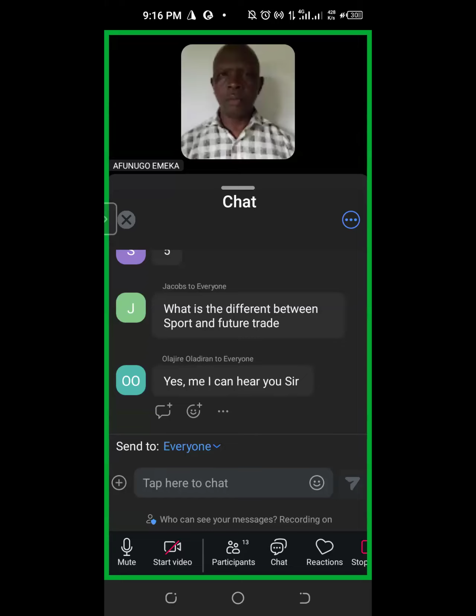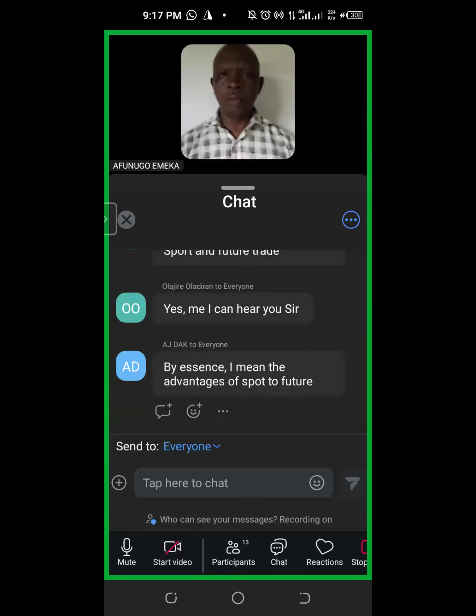In spot, you can only buy when the market goes down. But in futures, when the coin is down, you can buy, and when the coin is pumping and you want to make profit as it comes down, you can also take a position and make profits. In spot, any coin that you buy is your own. But in futures trading, any coin that you buy is not your own. It's like you are borrowing. It's a contract. And in spot, there is no leverage. In futures, there is leverage. You're already trading now, so I believe you should understand it better.